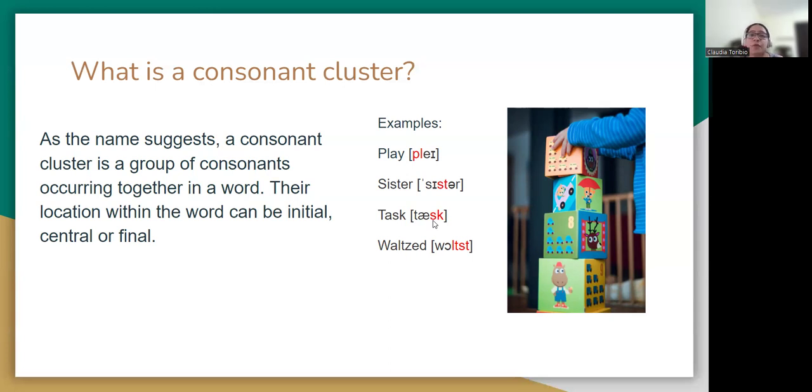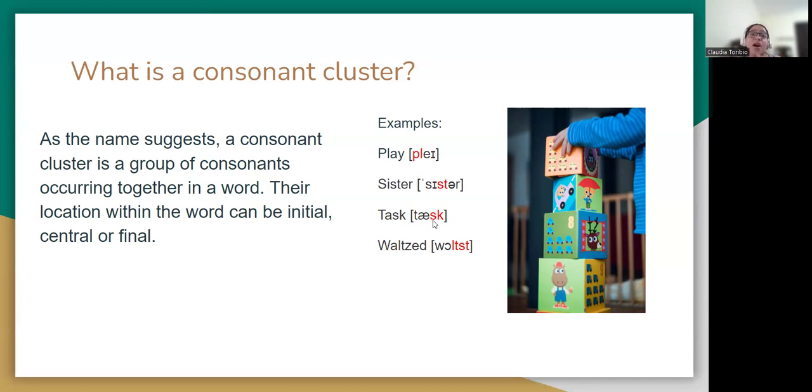Now, some examples for clusters of 3 consonants at the beginning of the word could be scrap, for example. And this combination will be first the consonant S followed by a stop, and then lastly a glide or a liquid. So when we say scrap, here at the beginning we have 3 consonants,